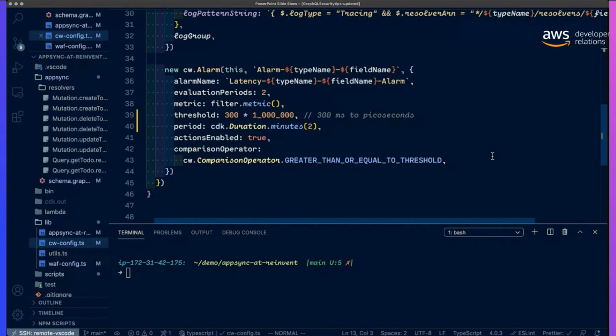So again, it's a nice way of encapsulating your CloudWatch metrics and alarms inside the CDK, and a way to build out reusable infrastructure as code that you can use to deploy AppSync across a number of environments.